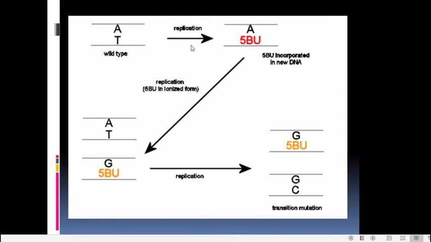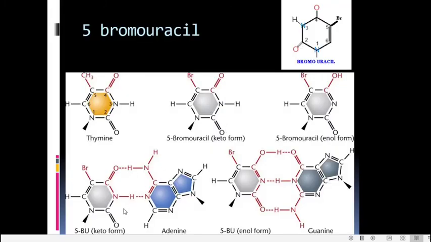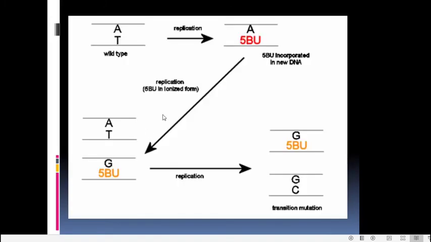It is undergoing replication. Replication occurs in a medium which contains 5-bromouracil. So there is a chance for this 5-bromouracil to get incorporated here instead of T, as we already mentioned. Depending upon the concentration of 5-bromouracil in the medium, there is a chance for it to get incorporated. So it will base pair with adenine. In what form is it? It is in the keto form. That is why it has paired with adenine. Even while existing in the DNA molecule, it can ionize into its enol form.